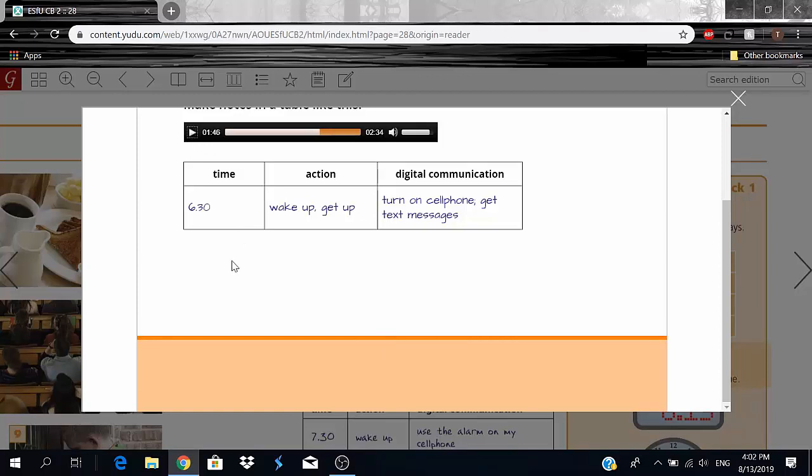Okay, so in the afternoon. So there's no specific time here. But however, we know that in the afternoon is usually PM, you guys, okay? So you guys know the difference, AM and PM. So afternoon is usually when PM starts. So instead of writing a specific time, we can just write PM, and for the action, she looks at notes, okay?